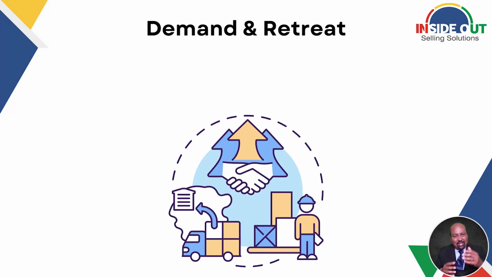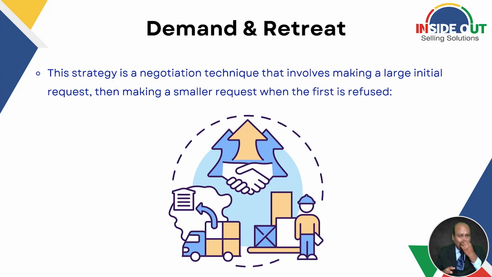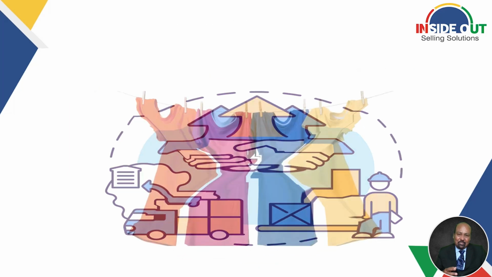If they say no, again you come down and say, sir, can I send you 3? With this kind of retreat, when you are lowering your demand, the retailer feels like giving an order. They feel, okay, he was asking for 12 and if he is asking 3 now, let me give the order. So this demand and retreat principle, particularly in the FMCG field, is extremely useful. Do use it in your day-to-day work. Start with a bigger order and come down to a lesser order. So the retailer has to say no 3 or 4 times, which is very difficult. You are requesting 3 or 4 times for the order and that becomes difficult for the retailer to say no.